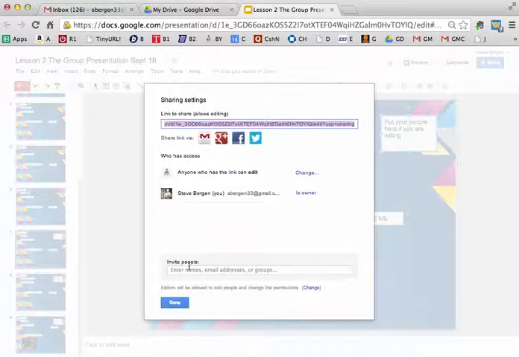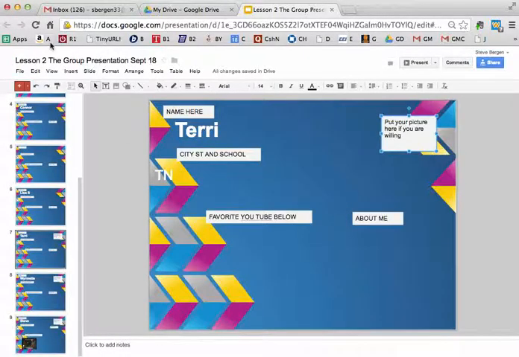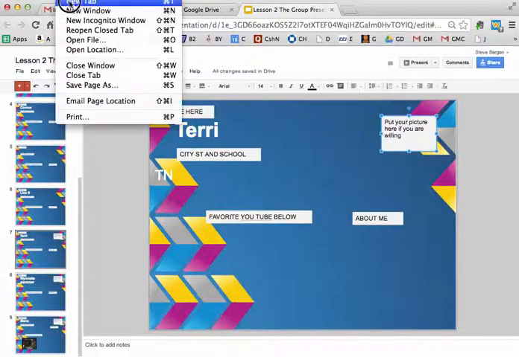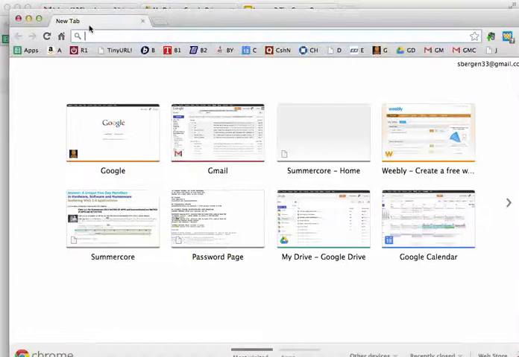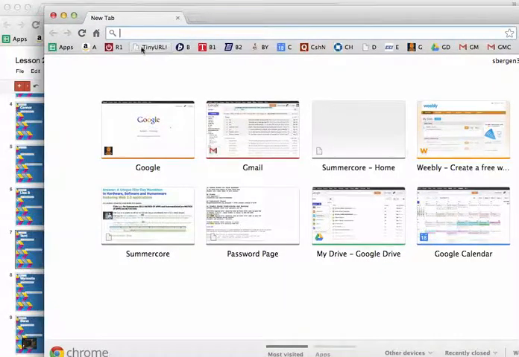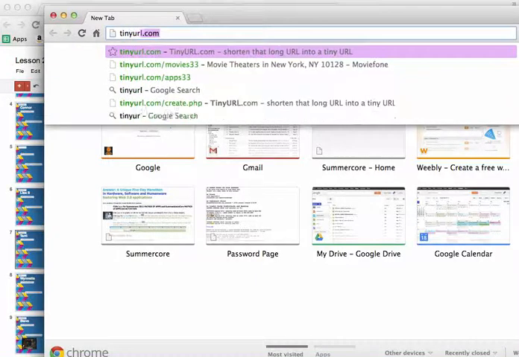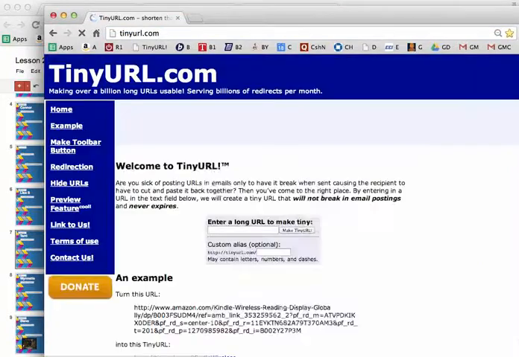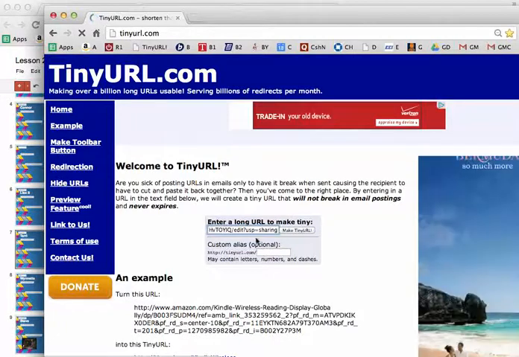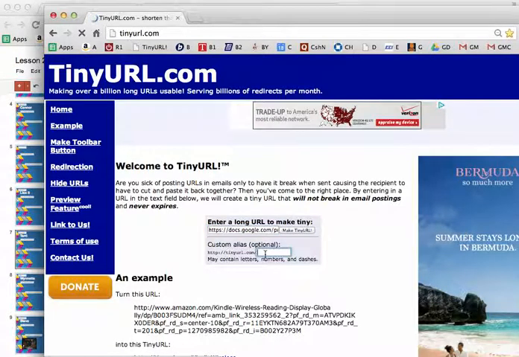And now how do I get this to you? Well, as I told you last week, I come here and I copy that URL. I go under the file menu to a new tab or a new window. I go to my friend Tiny URL. Used to be friends with Tiny URL. Maybe Tiny URL doesn't like me anymore. And I paste in the long URL, and I will try to get away with group